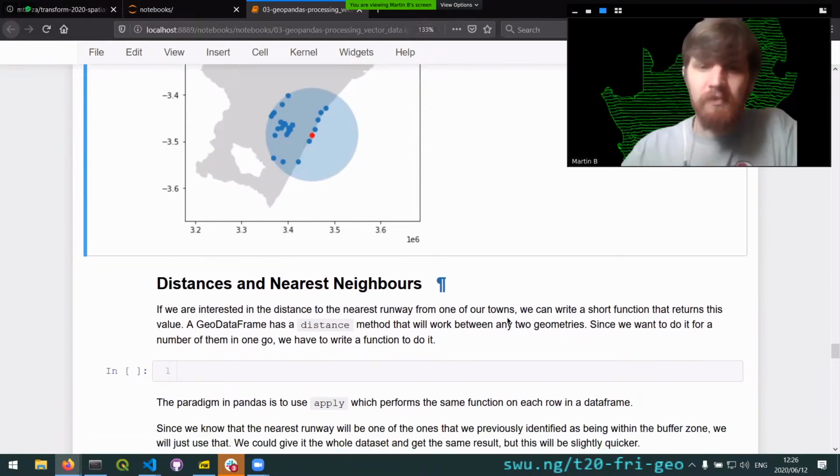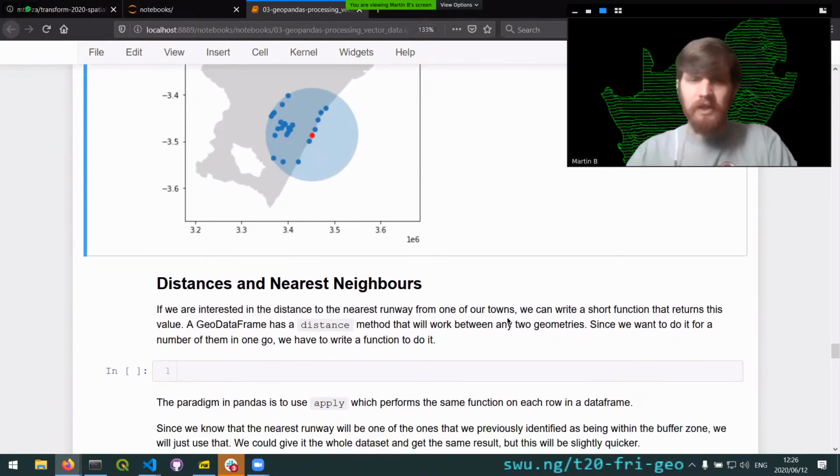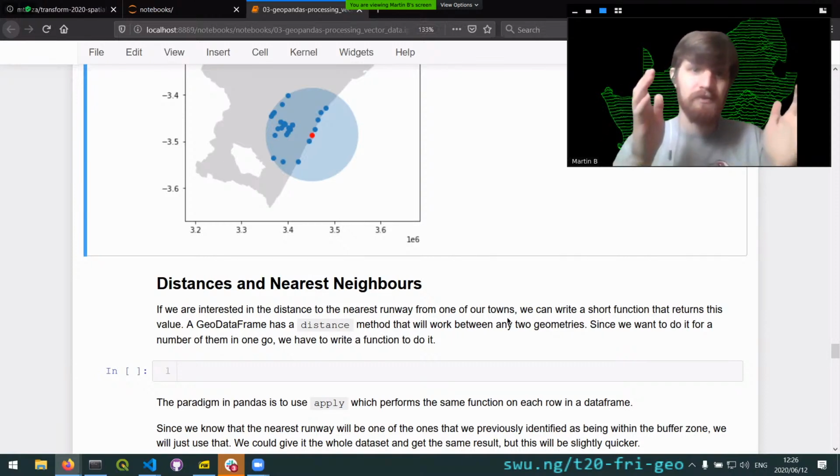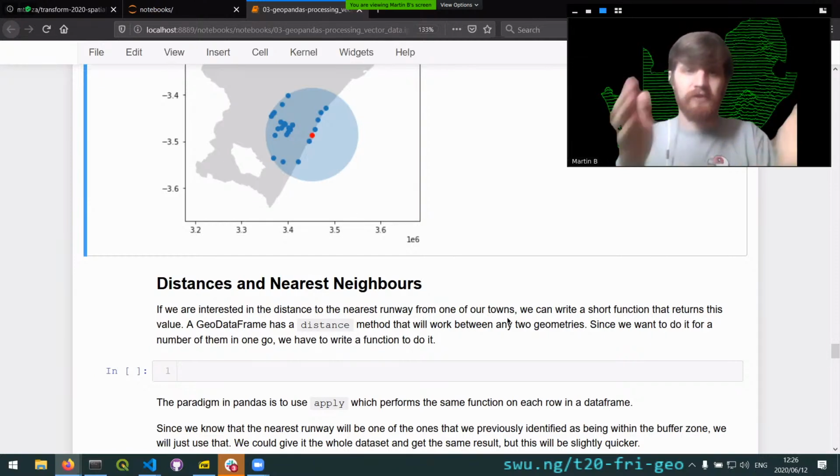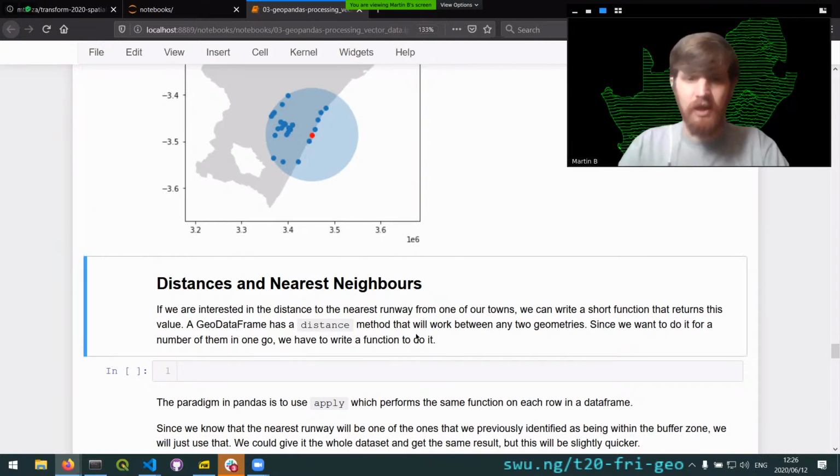So something that might be useful is nearest neighbors. Let's see what the nearest places are. We can get distances between things, because remember, we now have this geometry. And remember, we don't have distance calculated. It's not one of our columns. Okay, so just to remind you what's in these columns,